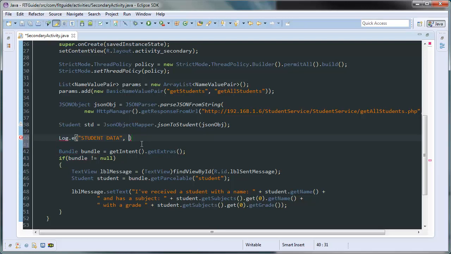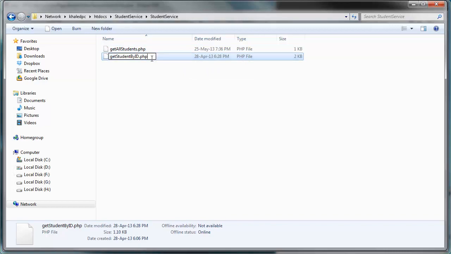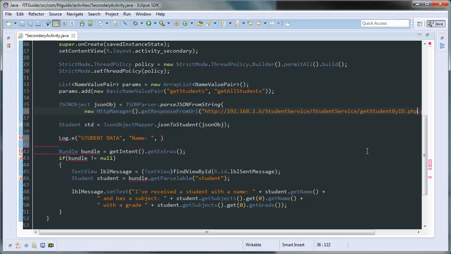I'll just simply say name, comma. Oh, actually, I'm getting all students here, so I'm gonna need to have in fact get students by ID. Let it be like this then. Get a student by ID, and instead here I'm gonna put here SID and put here whatever I wanted to pass. So I wanted actually to get the student number 2 like the one before, and I'm gonna here say name